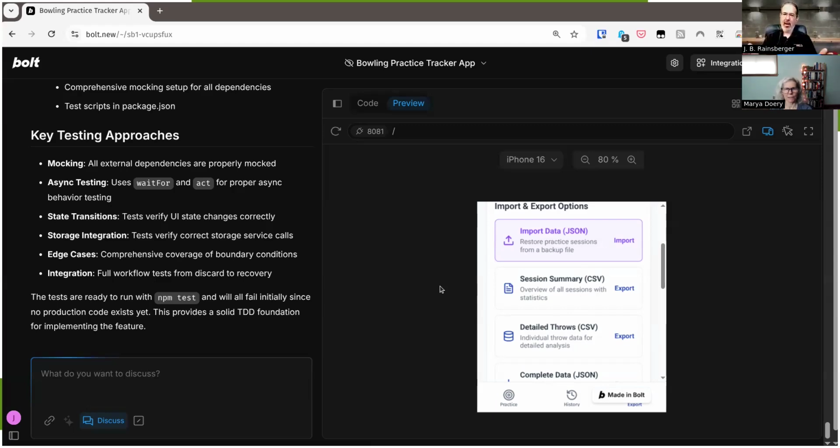I know how to do this by hand. But that's not what we're here for. We're here to try to experiment with doing it another way. So let's see what happens if we try to tell Bolt to do it. I've switched into discuss mode for now because I just want to see what its plan is before we